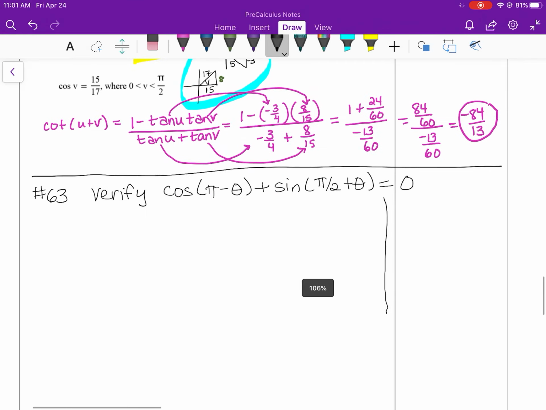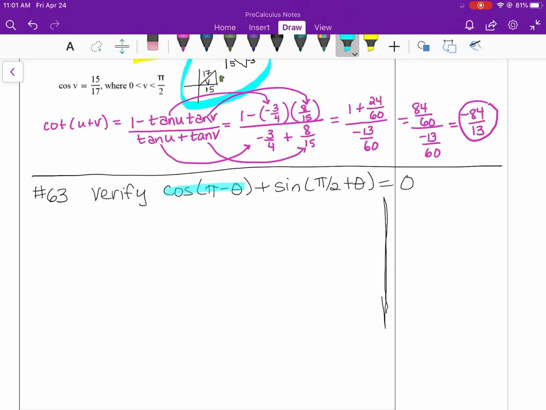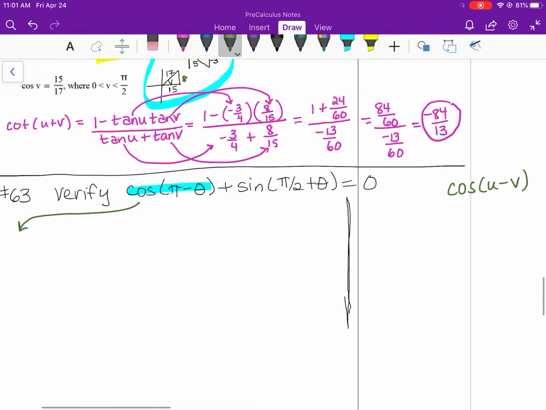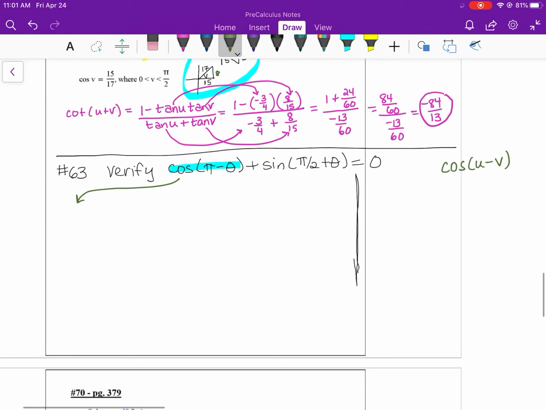So if you watched my previous video over 5.4, I made mention of the fact that we don't have a distributive property for the trig functions. What you need to do is apply your formula. So this piece right here is using the difference formula for cosine. So I'm going to take it and expand it. Cosine of pi minus theta is the same thing as cosine of u minus v if I'm looking at my formula sheet. So that's cosine of pi, cosine of theta,